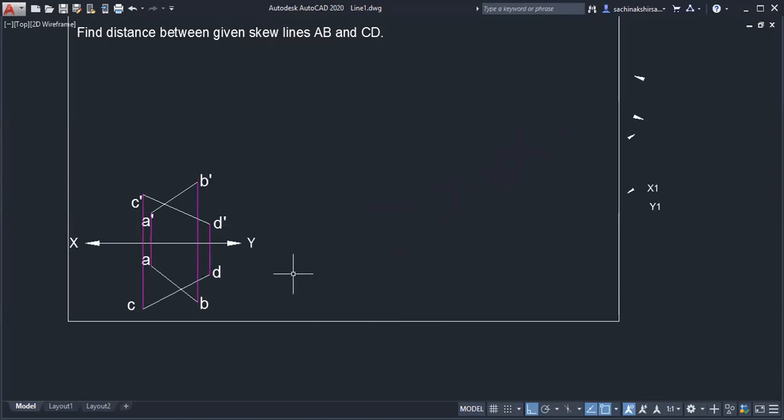Now, if I want to go here somewhere, and my construction goes in this way, I will draw the line X1 Y1 parallel to C dash D dash. Then I can proceed. Are you getting it? Yes, sir. In this way it is possible. So shall I draw line X1 Y1 parallel to C dash D dash? Okay, I will draw it.